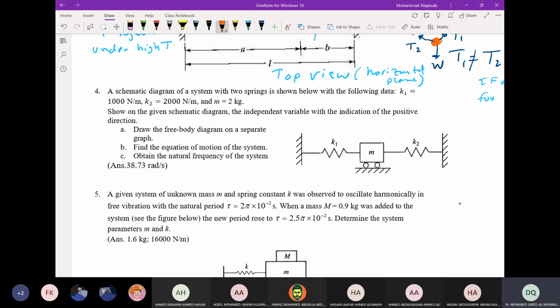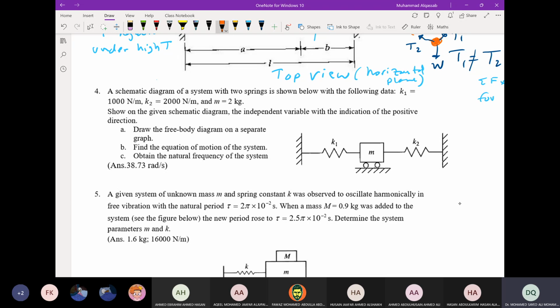Even if you consider this a vertical plane, the vibration is about the equilibrium position, which means that the weight is already considered in the tension. That makes the system in equilibrium. Like the weight and the spring force K delta during equilibrium, they cancel each other. So you can think of this problem in two ways. Either the vibration is about equilibrium and the weight is already cancelled by the tension in the cord,